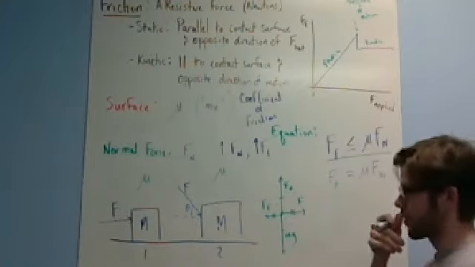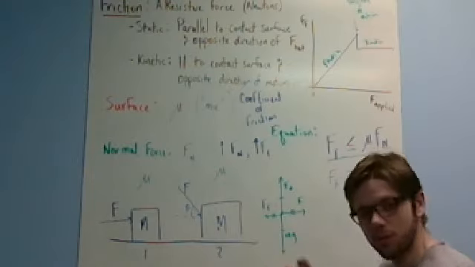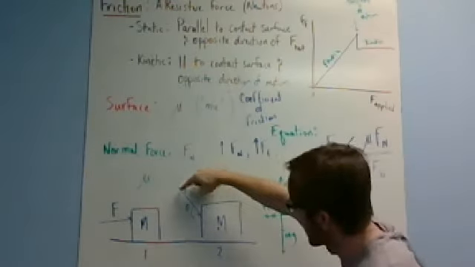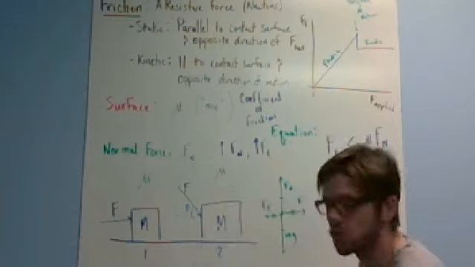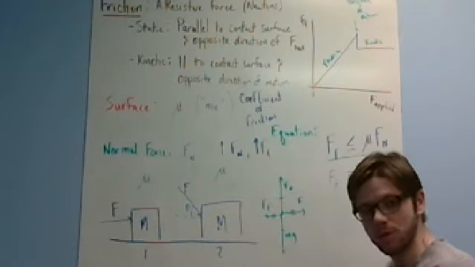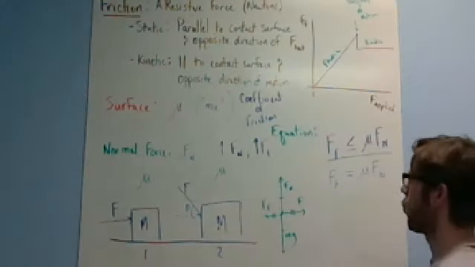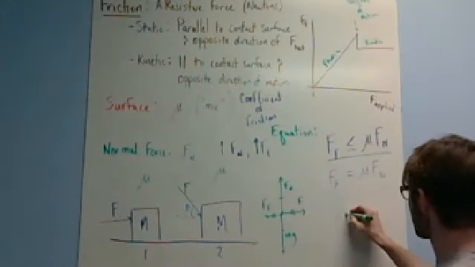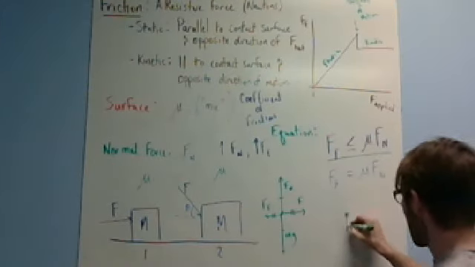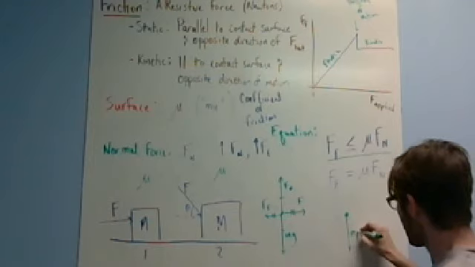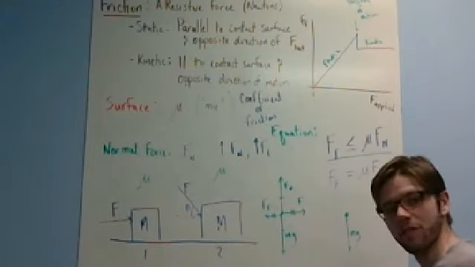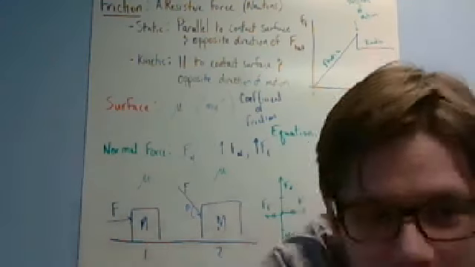Let's consider this different scenario though. Let's pretend now I don't push horizontally, but what I do is I push at an angle down towards the object. Same force, but now I'm pushing down into an angle. Well, let's ask the question, what's happening here? Well, if I were looking at the force diagram, I would still have mg, and it would be the same going down, but I'd also now have a